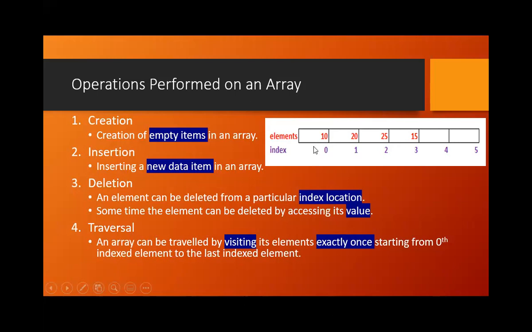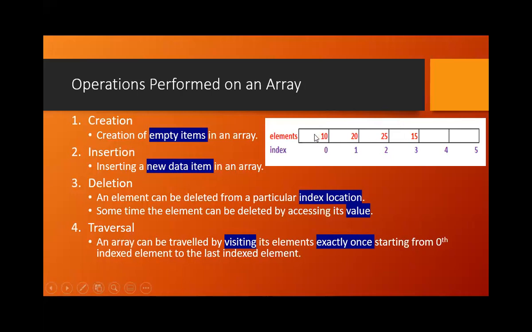I should have a particular condition where I keep on visiting every element from the first element. So I visit this first element. After visiting the first element, I will move on to the next element, 20. After I visit the 20 element, I will move on to the next element, 25. Now, do you think I will come back again and visit 20? Definitely not. I need to visit only once. Then only I will be able to perform the valid operation. So visiting every element in an array exactly once, right?